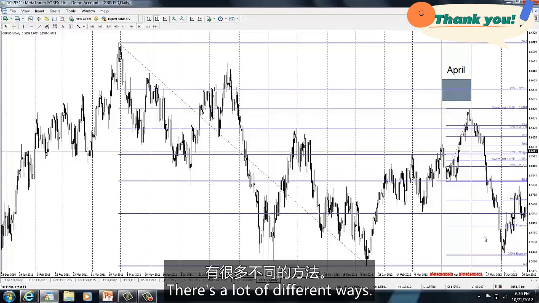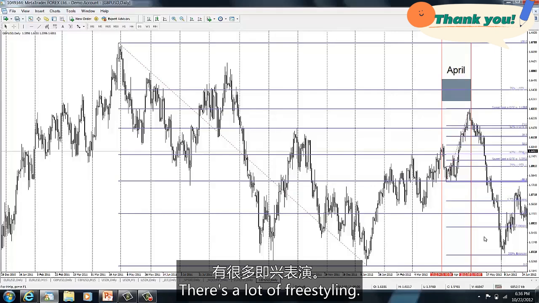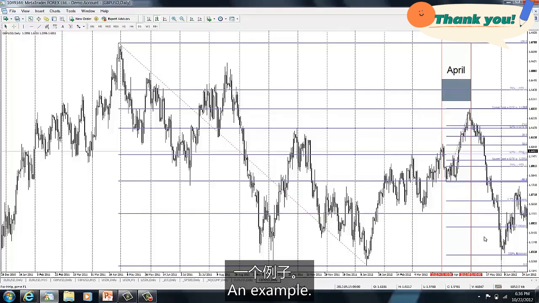Okay, but there's a lot of different ways, and I'm trying not to give you a very clear black and white way of doing it, because I want you to have some input on your own. There's a lot of freestyling you can do with these using the analysis concepts, and again, hopefully this has just been providing you an example on how to intermediate term swing trade, and using the higher time frame macro reviews